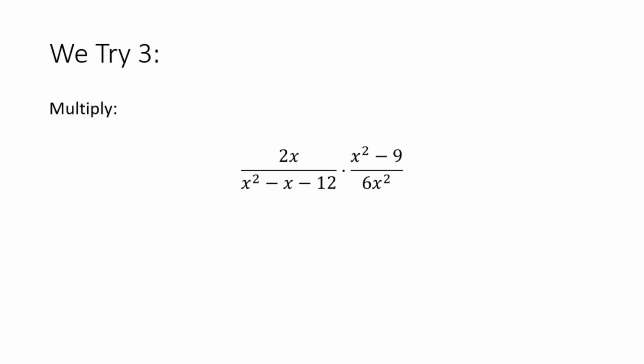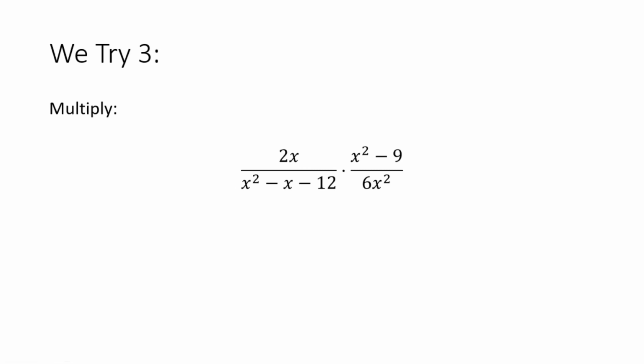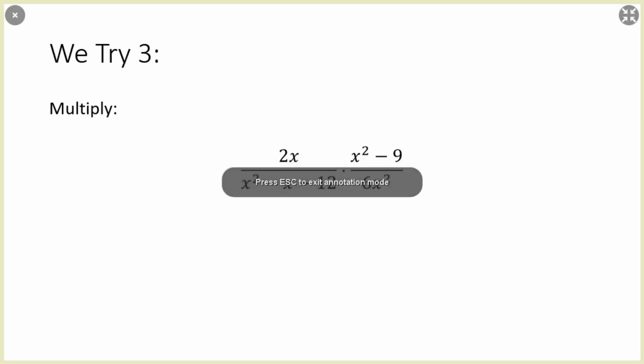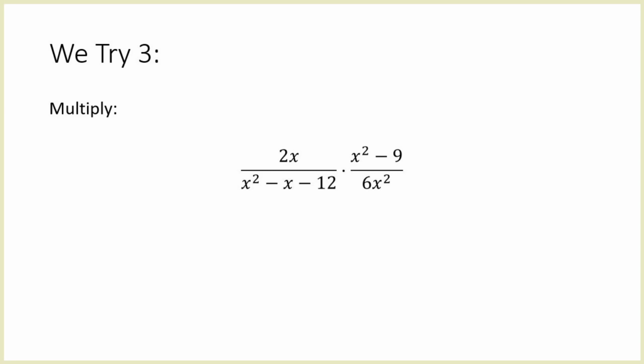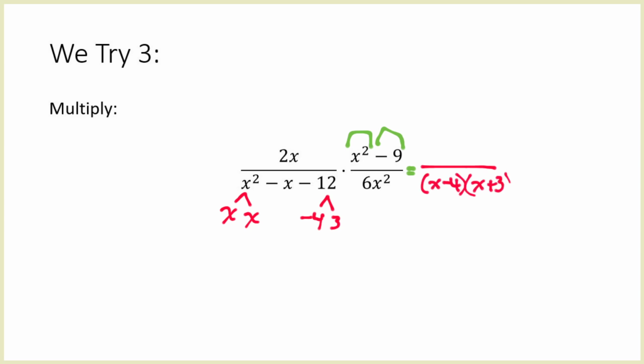Okay, let's try this one together. Let's see. Looks like I can factor that bottom, there we go. Looks like I can factor this bottom left one. That's going to be x times x, and it's going to be negative 4 times 3. In the top right, that's a difference of squares again. So that means that I'm going to have x minus 4 times x plus 3,